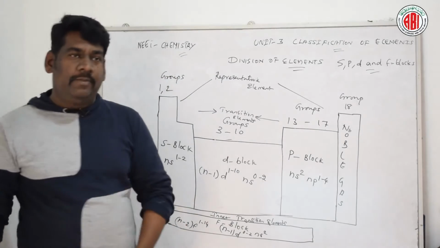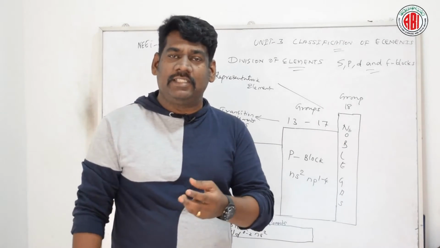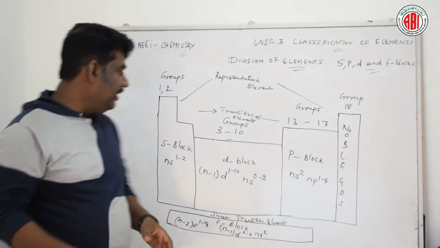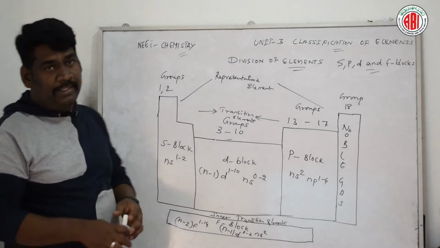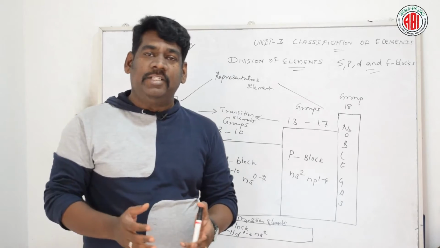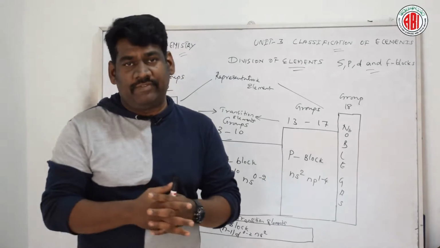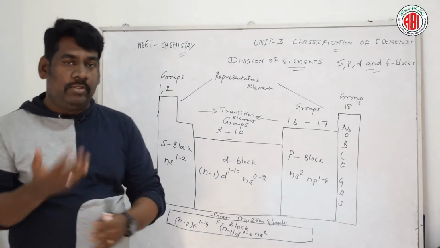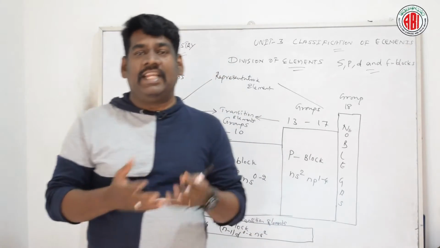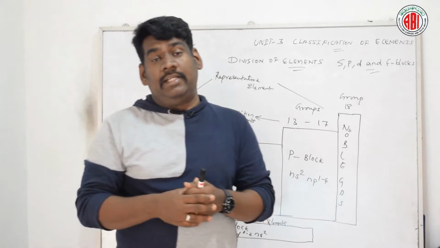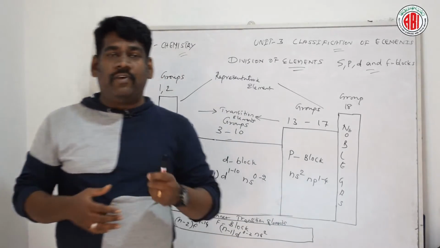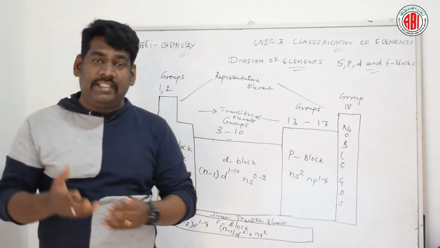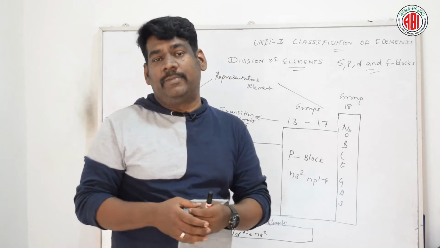Now let us talk about a few characteristic features of S block elements, alkali and alkaline earth metals. Usually the elements in these blocks are soft, with low melting and boiling points. They also have low ionization energy, or ionization enthalpy, and are very reactive, readily forming univalent ions, especially alkali metals, and in some cases bivalent ions, especially alkaline earth